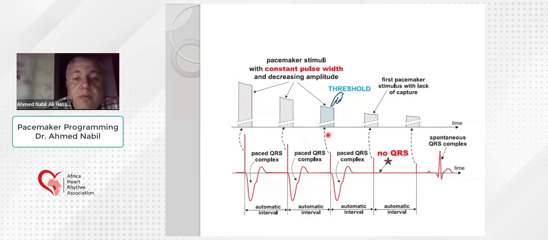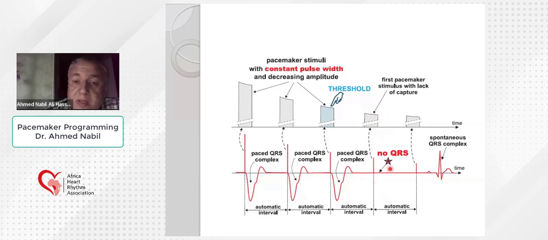Decreasing the amplitude, pacing. As long as I decrease the amplitude, it is pacing, until I decrease the amplitude and I have no pacing. So I can here see a pacing spike followed by a paced QRS complex. This is the wave that denotes that there is a capture: pacing, QRS complex, pacing, QRS complex. And then when I decrease the output to a certain value, I find that the pacing spike is not followed